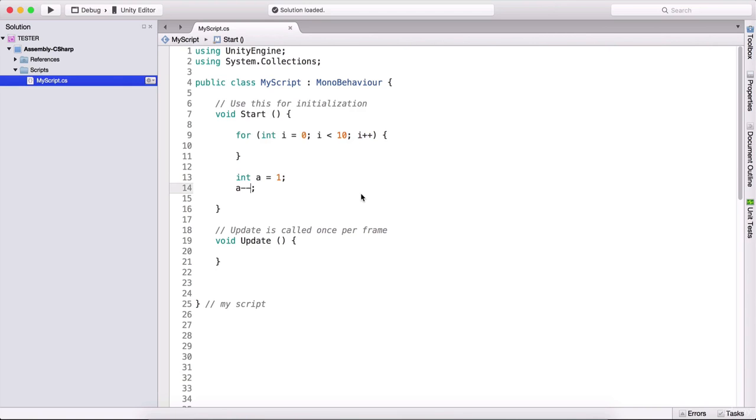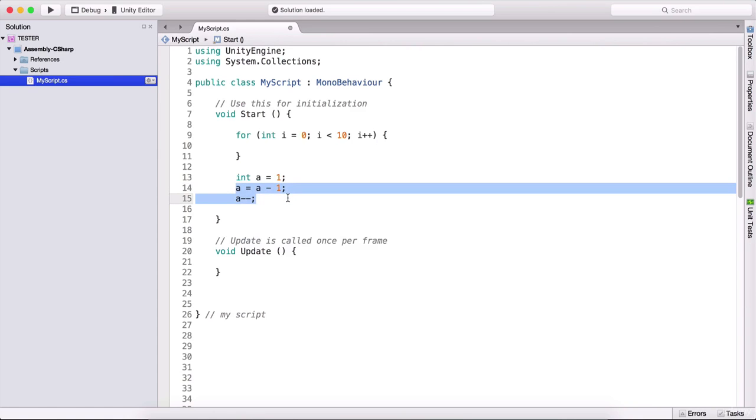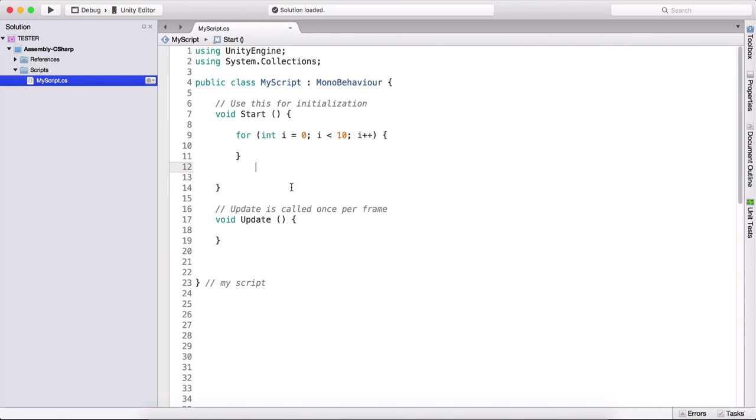This will subtract 1. So instead of typing a = a - 1, we can simply type a--, and these right here are one and the same thing, or the result is the same. So it will subtract 1 from a. The same thing we are doing here, but with our i variable. So we are adding 1. Here we can type